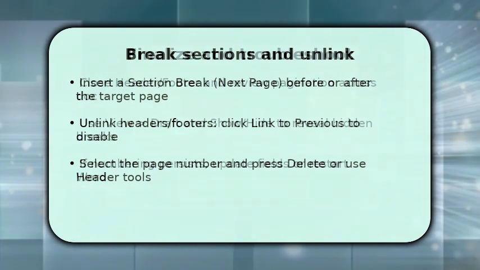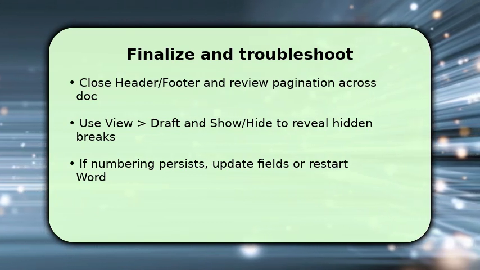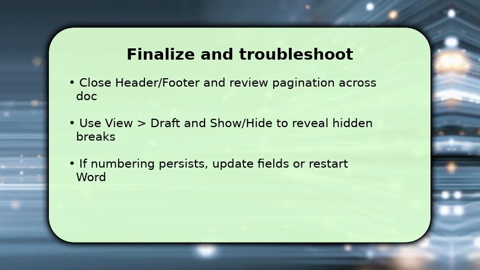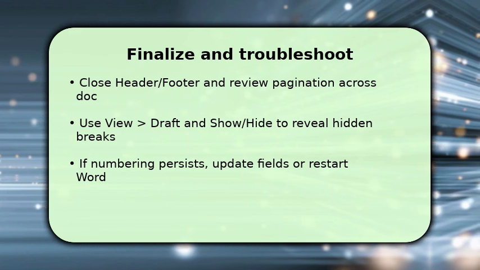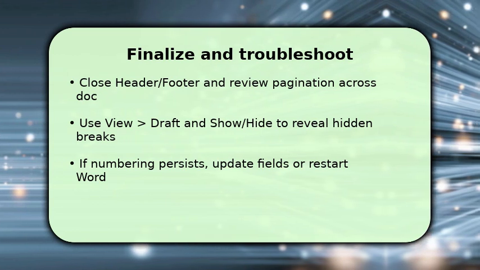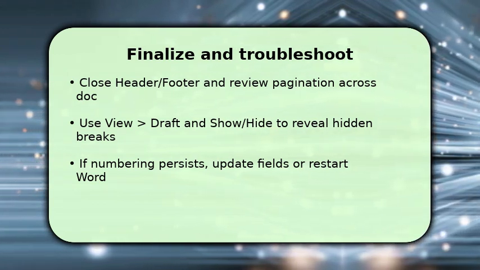Close the header and footer to return to normal view, then scroll through the document to confirm pagination looks correct. If a number still appears, switch to draft view and enable Show/Hide to locate the leftover section or page break that keeps numbers attached. Once found, remove or move it, then update fields with Ctrl+A, F9, or save and reopen Word